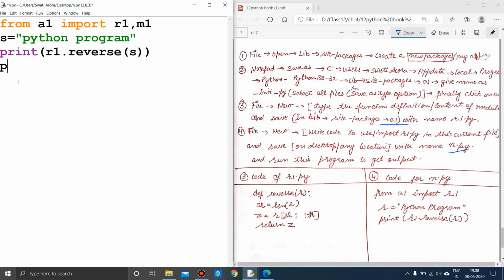Okay, then I'll write print. Now I need to use another function, that is m1.per. Okay, the name of the function that we have created was per. Now I need to pass values. In the first subject we have scored 56, 78 and 98. Okay, so these three scores we have obtained. Okay, so I hope you are understanding. From the m1 module we are using this per function. We are passing the values. It will pass them to which function?